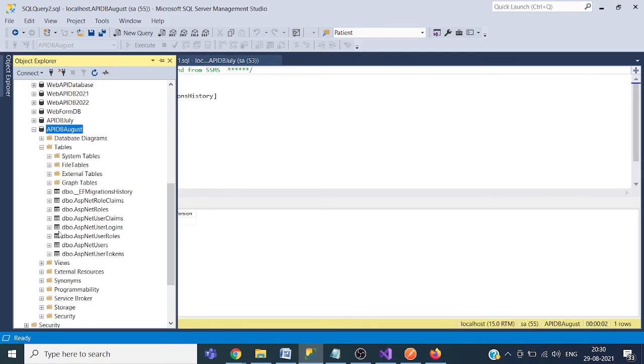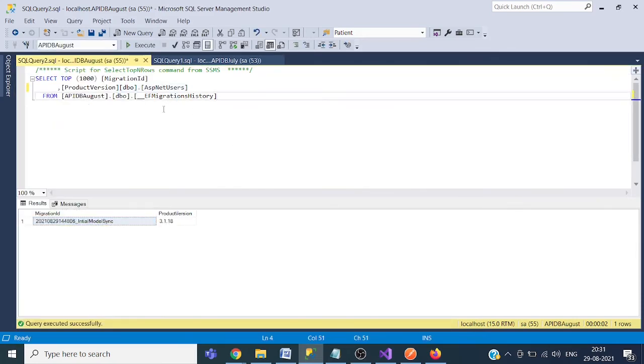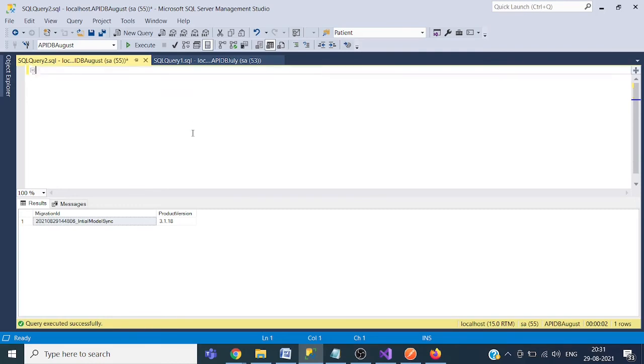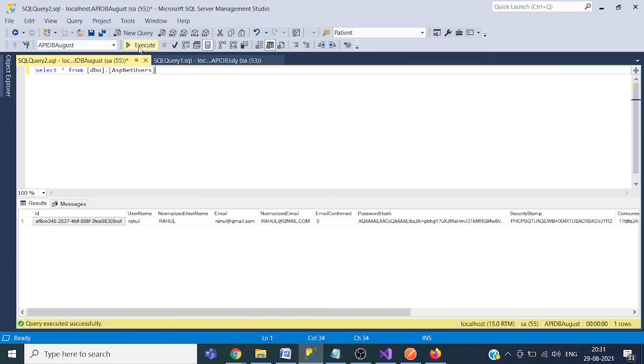So go to ASP.NET user table, ASP.NET user. So we have added one record, Rahul.